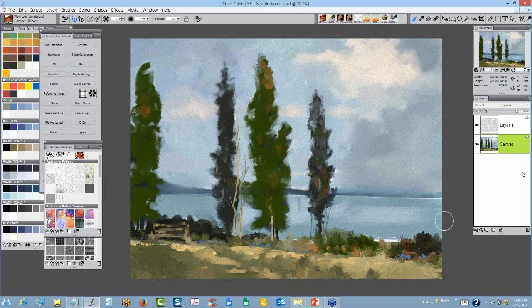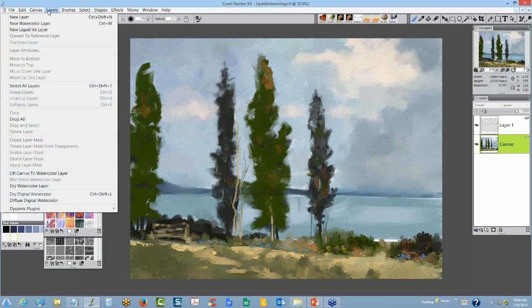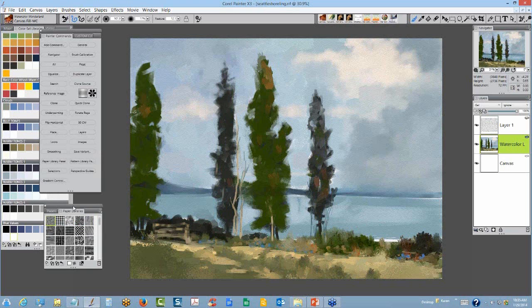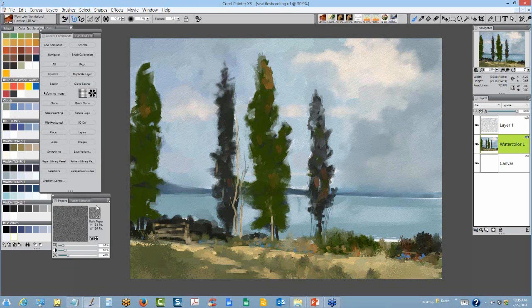So with this finished painting, I've taken it about as far as I want to go in this step. On the canvas, I'm going to come over to the layers palette and down to an option called Lift Canvas to Watercolor Layer. And I'm going to select that, and then drag that layer directly below that texture, so it's still there. And I'll close my patterns at this point, but I am going to come back to my papers,